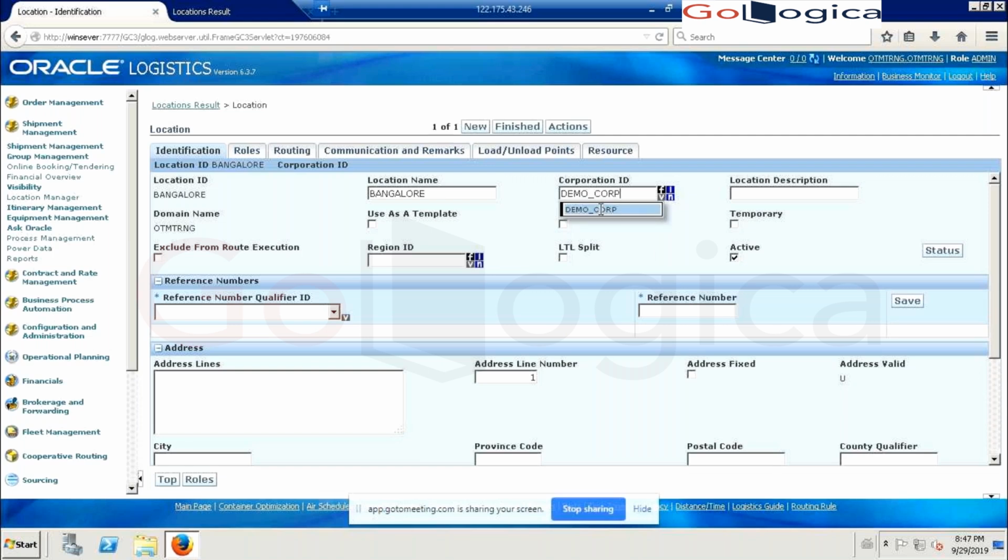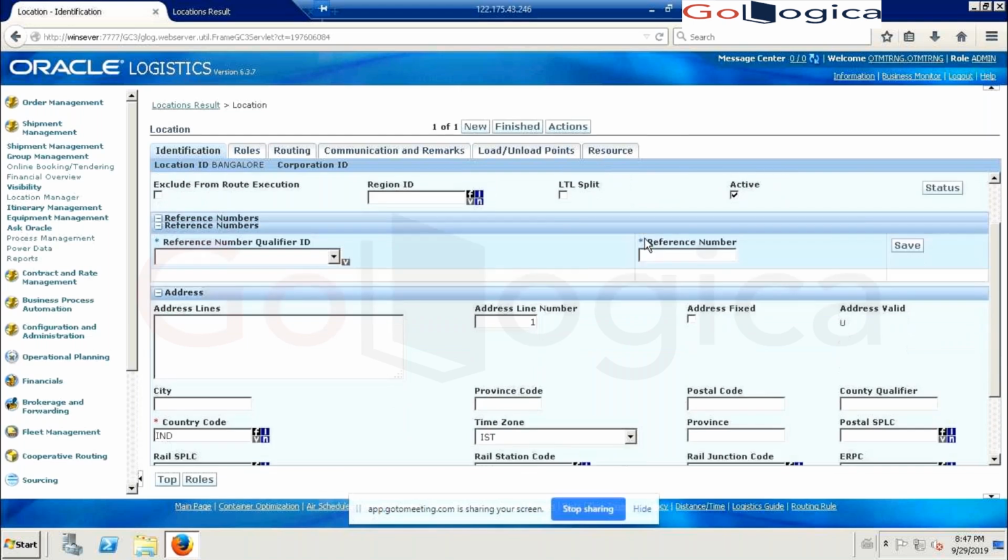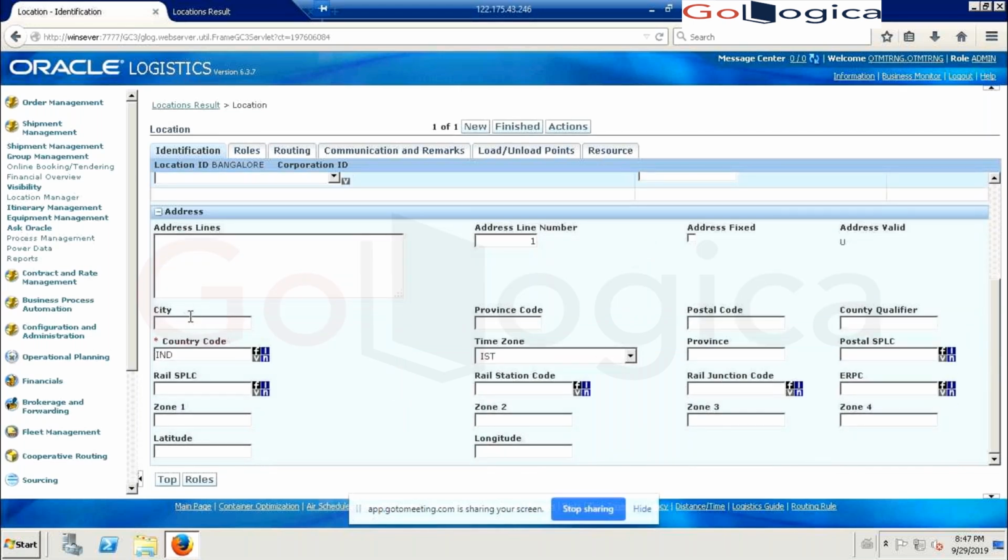We are creating demo corp, and for city I'm giving Bangalore. I'm not giving anything else. Latitude, longitude, if you want to give, you can Google it and give, but right now I'm not giving it.